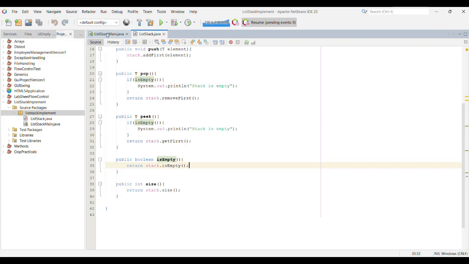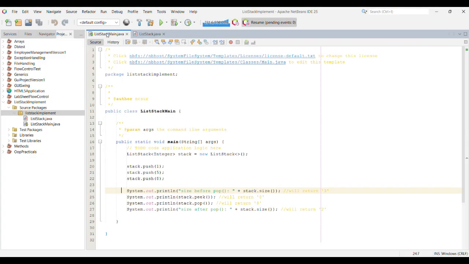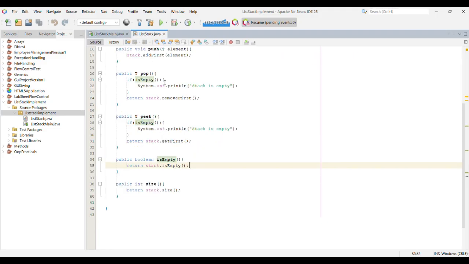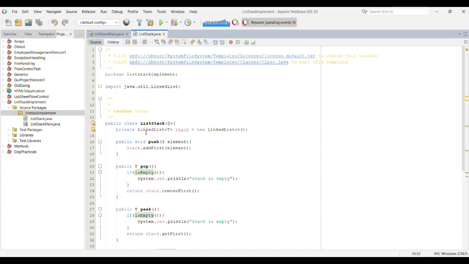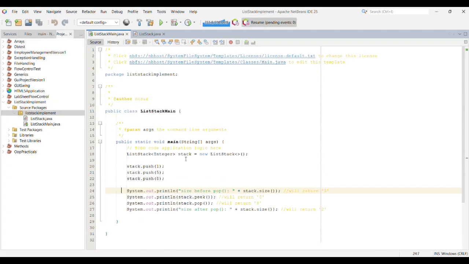So let's see how the implementation works. For this, I have made an object called stack from ListStack, which is the class I have created before. And for the stack we can only use integers because we have mentioned it in here. Then I have pushed 1, 5 and 8 to the stack. By this line